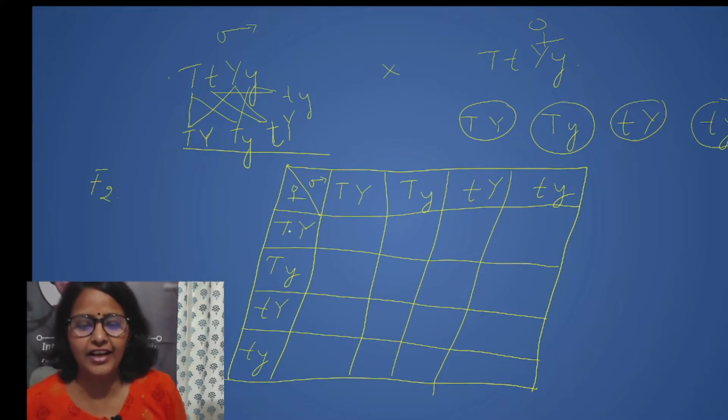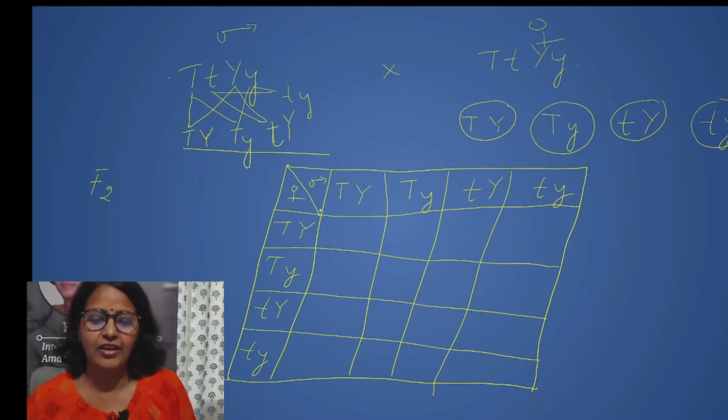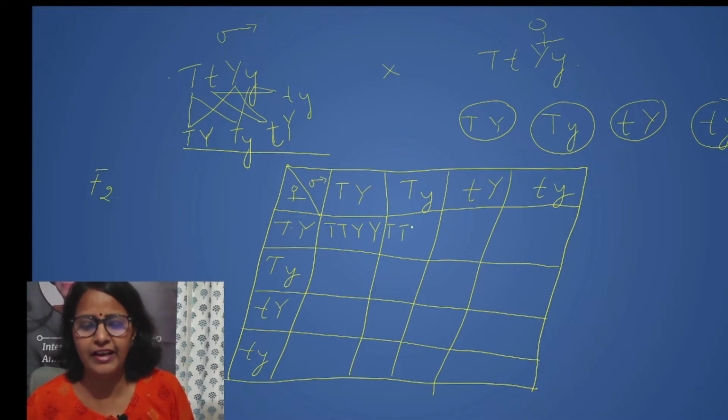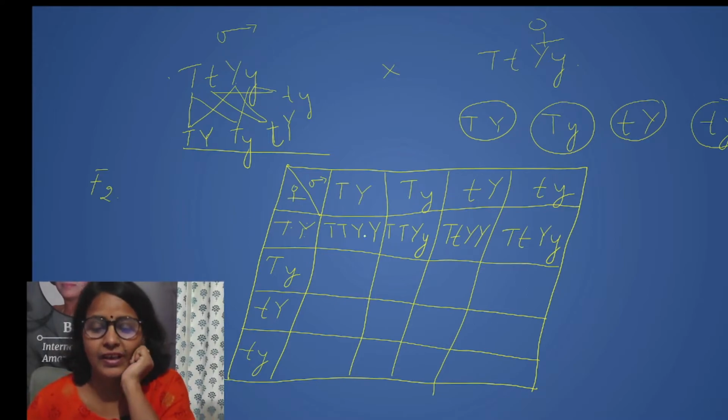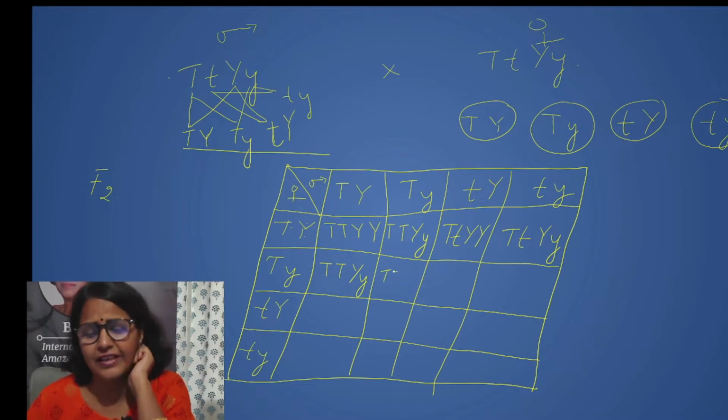Now how do we write? I taught you in the monohybrid cross, we will write, see these two and then write capital T, capital Y, then see these two, then write capital T, capital Y, small y. See these two, capital T, small t, capital Y, and then see these two, capital T, small y, capital Y, small y. You will see that all these four will have same. Let me write first, then I will tell you. Capital T, small y,